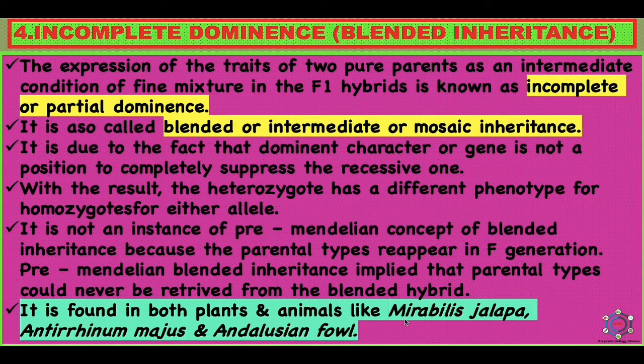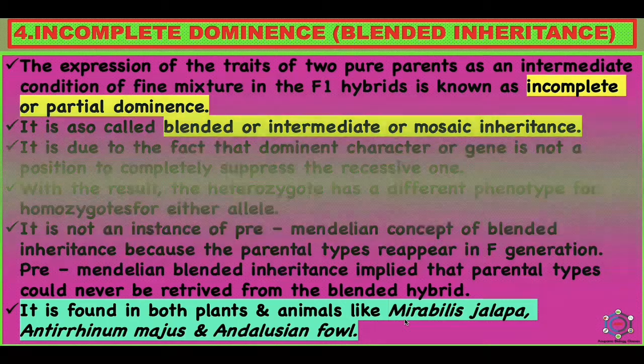So, Mendel's experiment was on dominant types, but this is not true of all the characters or organisms. There are characters or alleles that are not dominant or recessive. In such a case, both the alleles of the contrasting conditions of a character express as a blend. Because of this, the hybrid produced by crossing two pure individuals does not resemble either of them but is midway between them. So this is incomplete dominance.